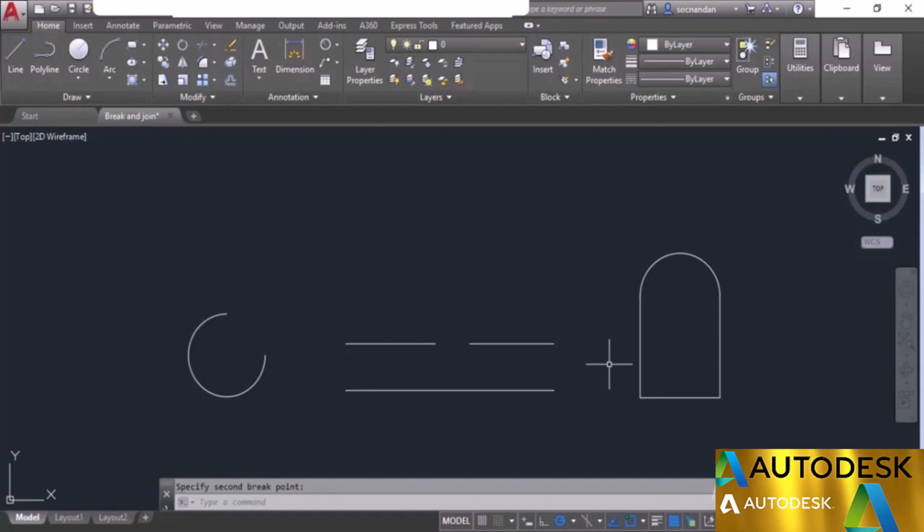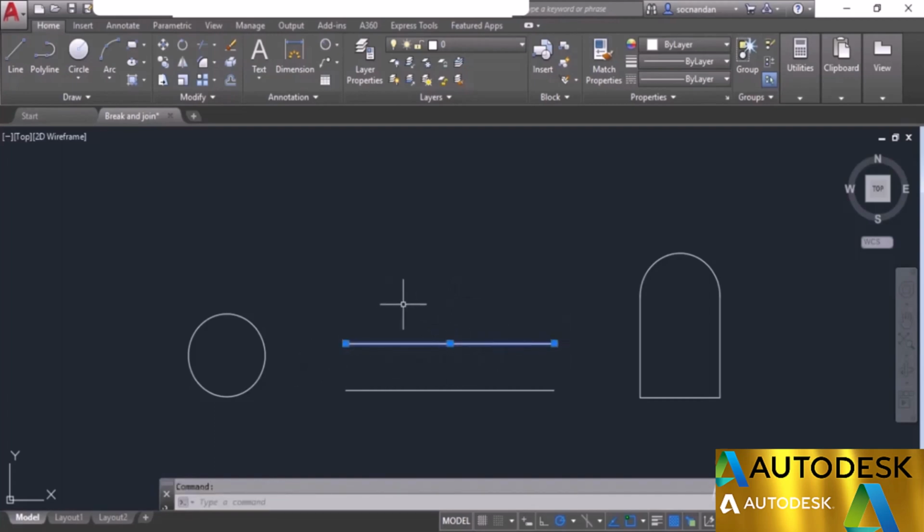So first I'll press Ctrl Z to return this object to its normal shape, and now I'll expand this modify panel and select the join tool. So here we have this join tool. Now select it, and now here we have a gap. In order to fill this gap we can select the join tool. So click on this point here close to this gap and click on this line segment close to the gap and simply press enter. And now the gap has been filled and also the object is joined as a single